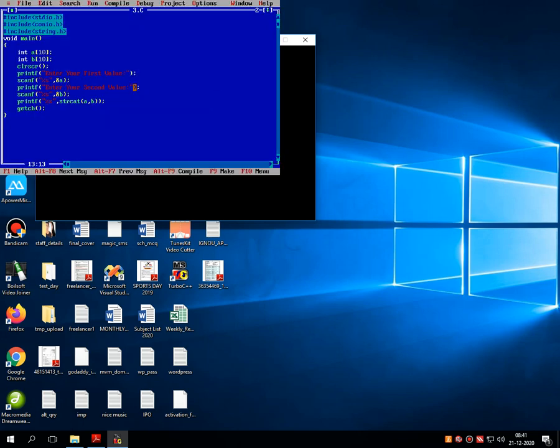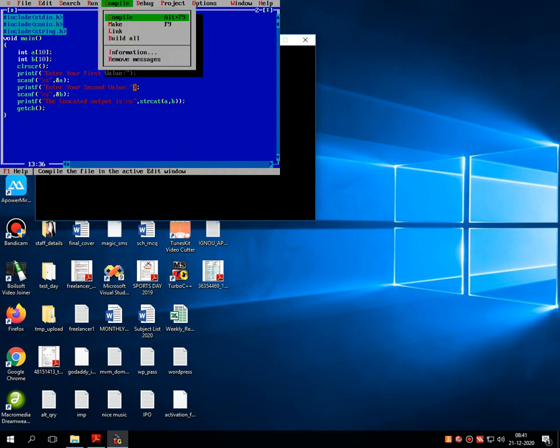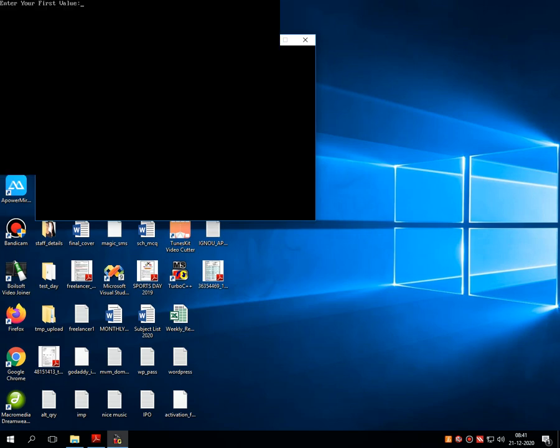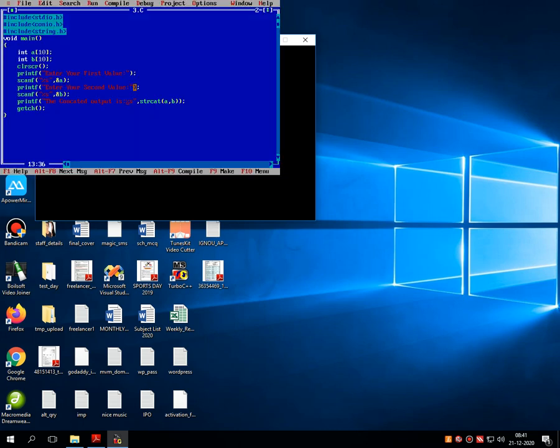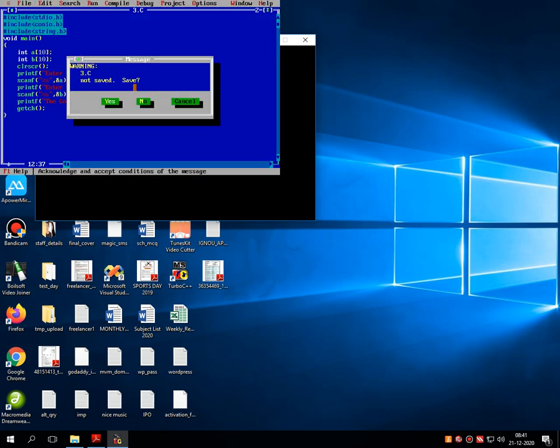I'm just giving a prefixed output label, the concatenated output is, and then ABC XYZ. So ABC XYZ should be there on the screen. Let's see this program in Notepad now.